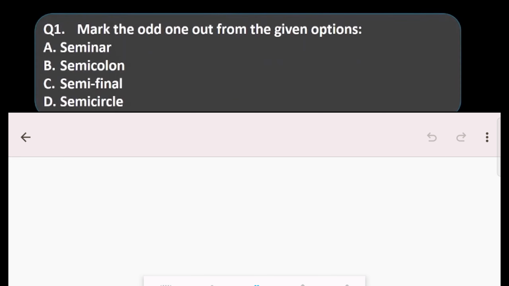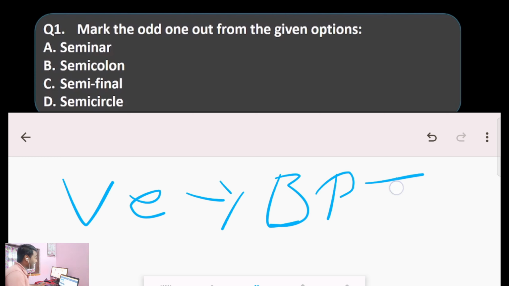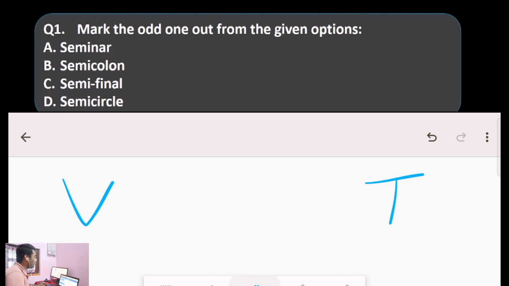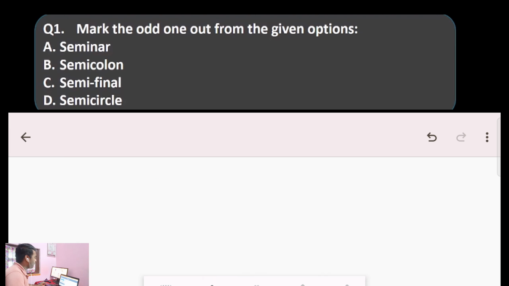As in many videos, we have talked about Deloitte and its hiring process. What is the hiring process? We go through the Versant, then we go through the BPT, the Business Proficiency Test, which is also called Co-cubes, and finally we go for the interview. So in this video, we are going to talk about the BPT part,